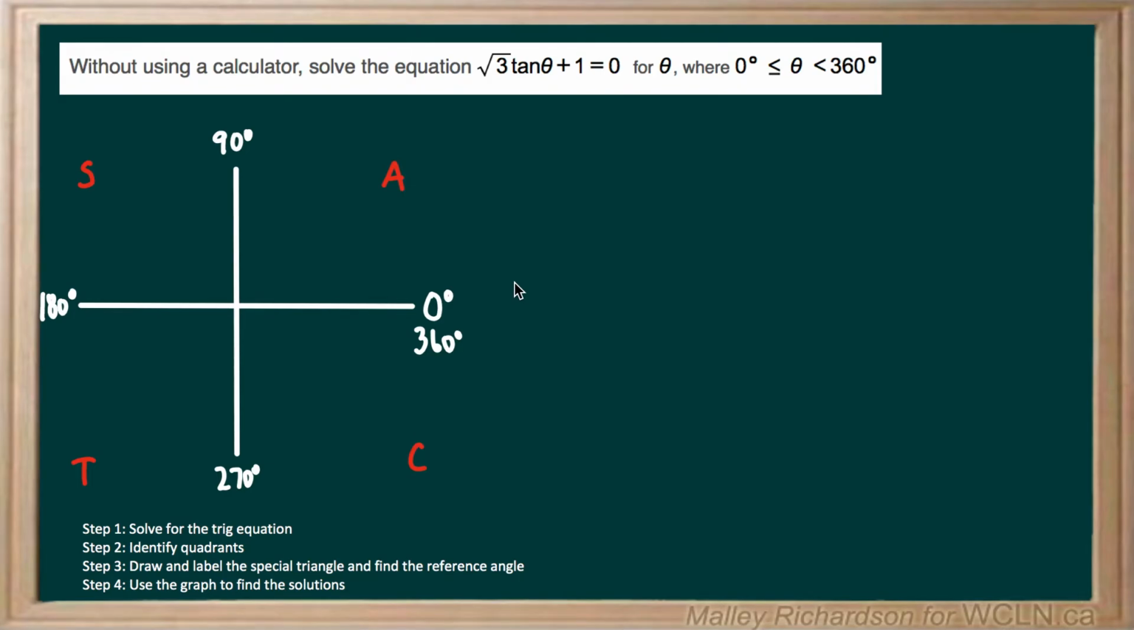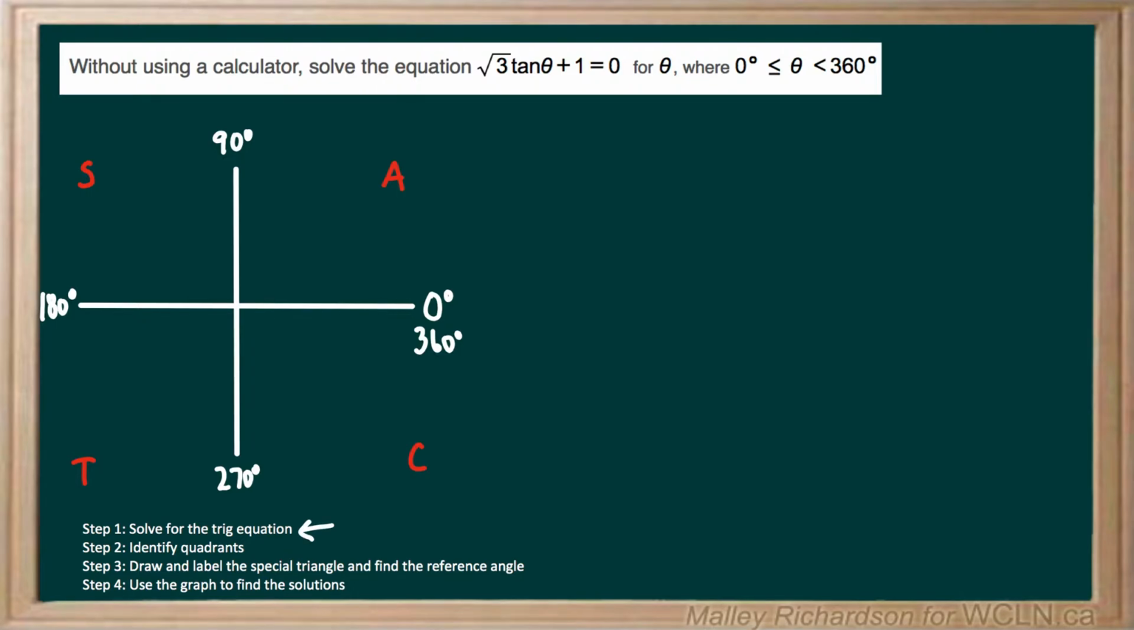Without using a calculator, solve the equation root 3 tan theta plus 1 equals 0 for theta, where theta is greater than 0 but less than 360 degrees. To solve this problem, we want to use our 4 steps below, where step 1 is to solve for our